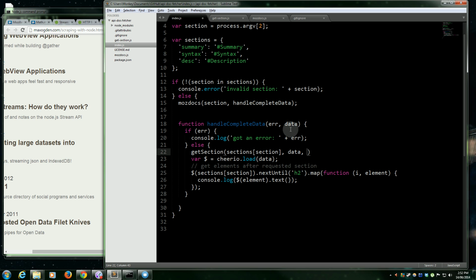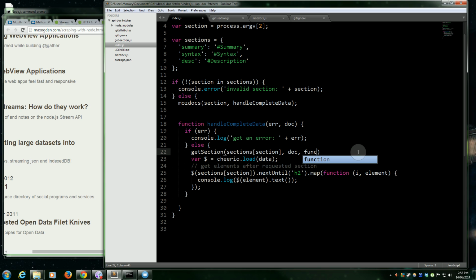We can actually just change that. Let's call it doc, because document already means something else in browsers and I don't want to make it confusing. And finally, callback,